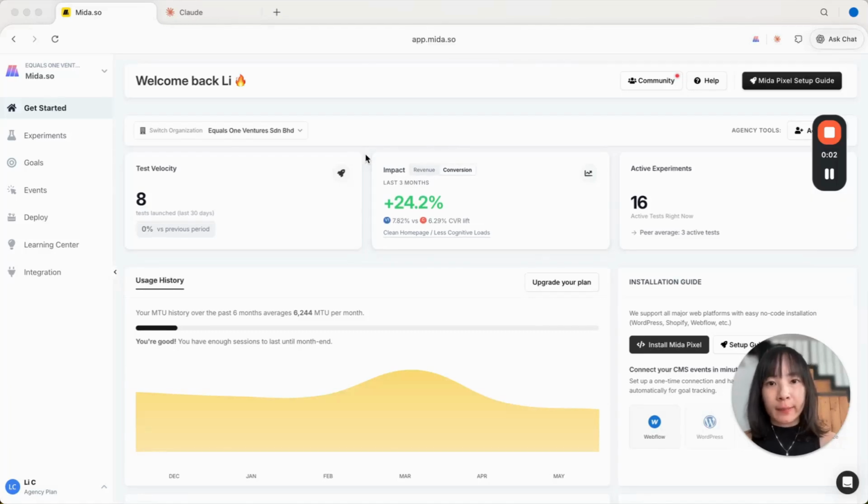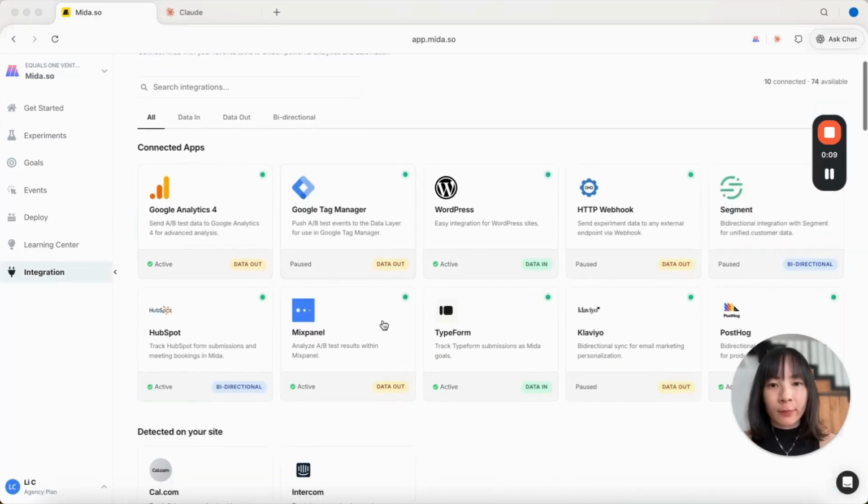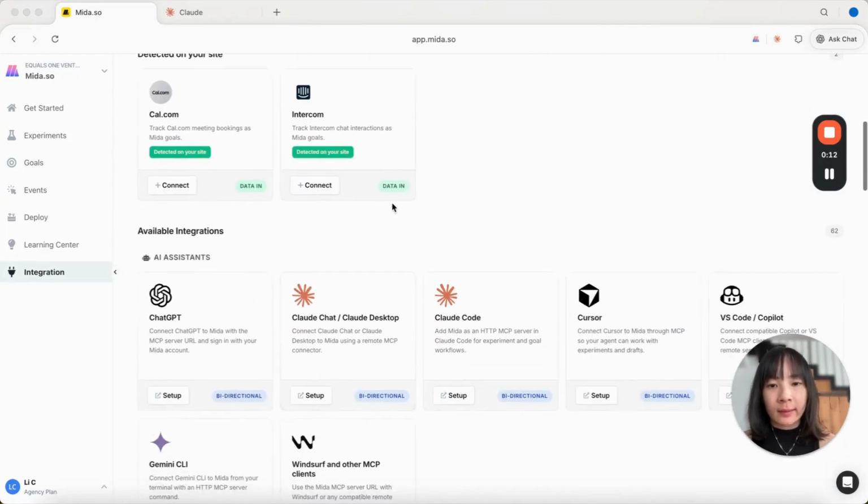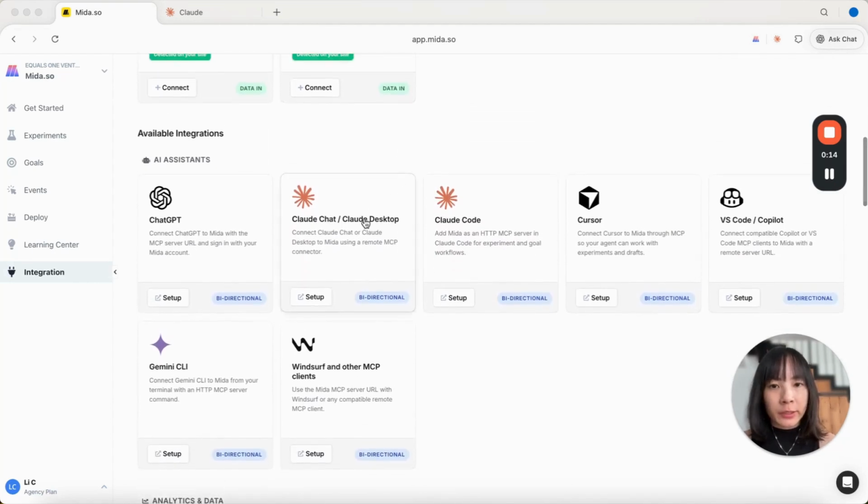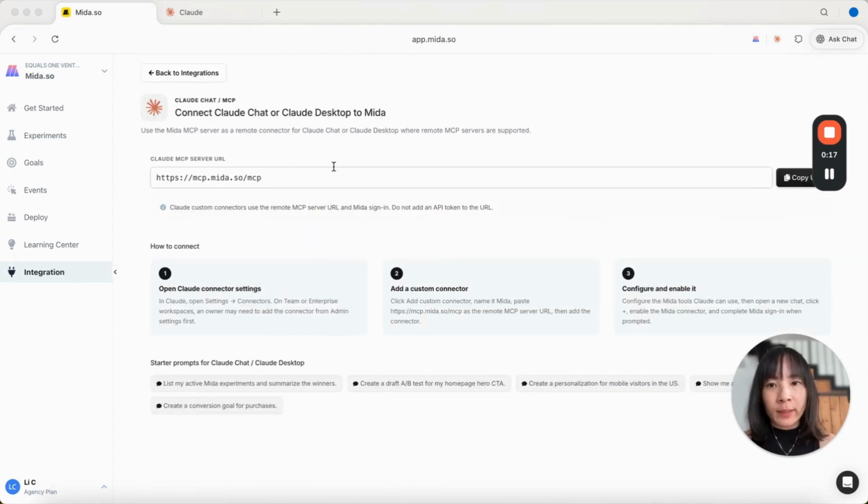Let's get into it. So right now we are on the Mida dashboard, and to set up the Mida MCP connections, first go to the integration sections and find your preferred AI assistant connections. So I'm going to use Claude Chat as an example. And what we need to do here is just to get the MCP server URL for our AI assistant. And we can copy this MCP server URL